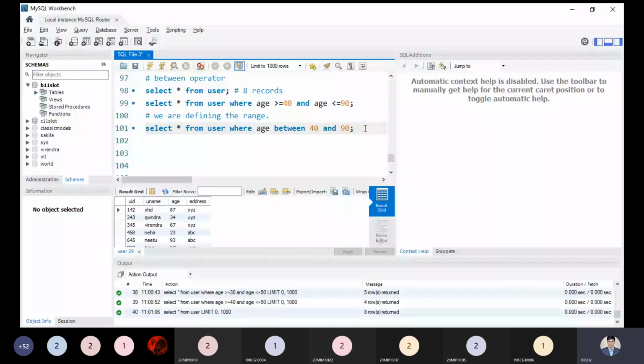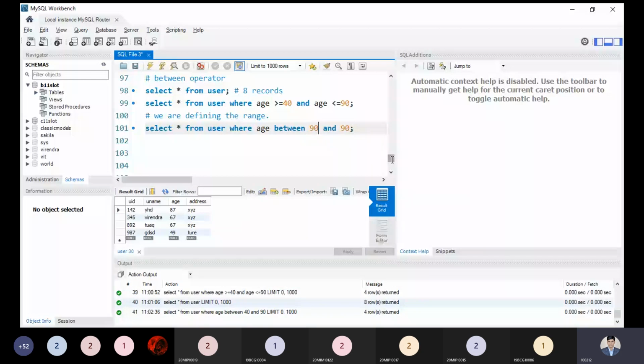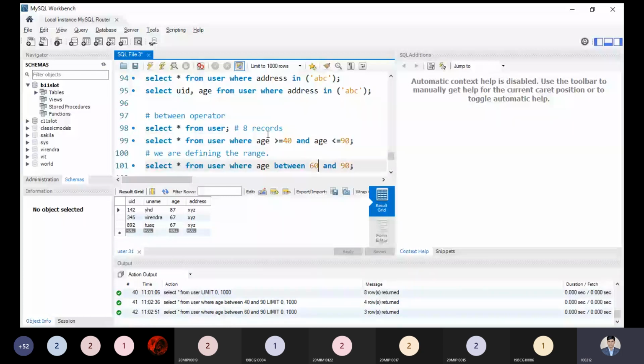If you do not want to use this way, you can use the like, not this way. You can use 60. I'm executing this syntax, and we are getting these records as per the query demand. So with the between operator, you can use the in operator for pattern matching or certain purposes, so that we can understand the concept properly.